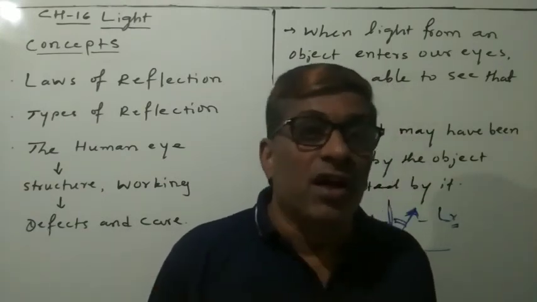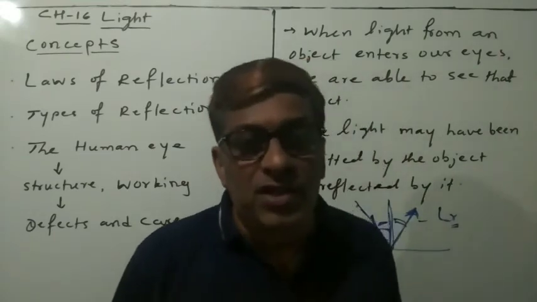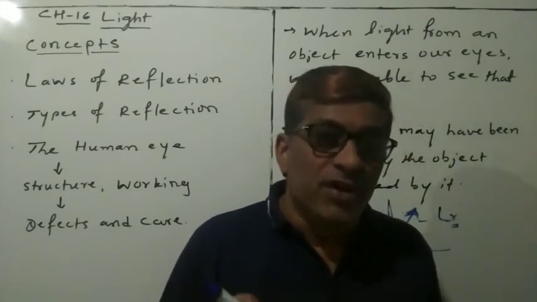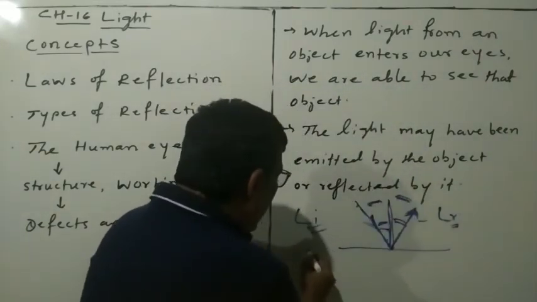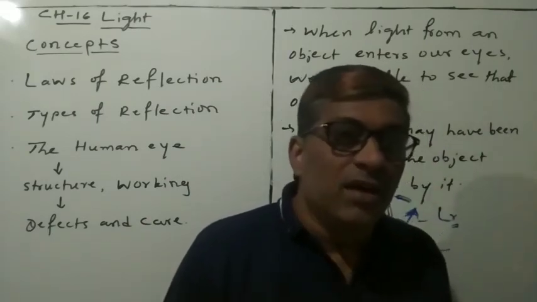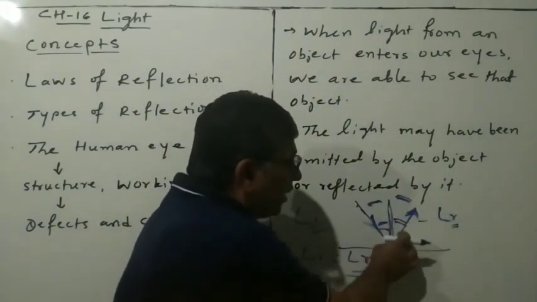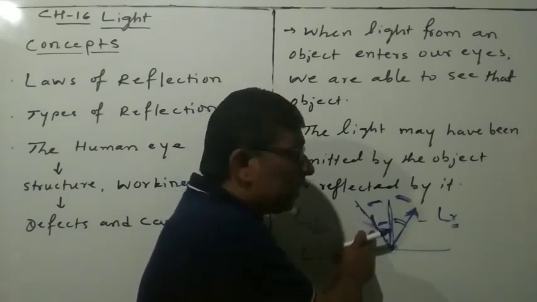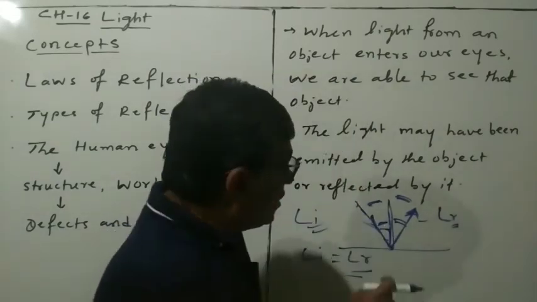The two laws of reflection are as follows. First, the angle of incidence is equal to the angle of reflection. Students, this is very important. The first law says that this angle is equal to this angle, or angle I is equal to angle R. Then the second law: the incident ray, the reflected ray, and the normal drawn at the point of incidence